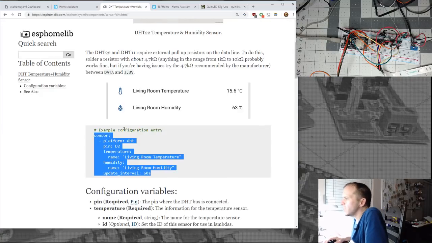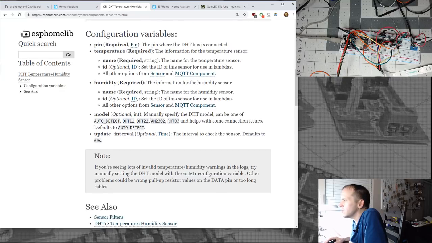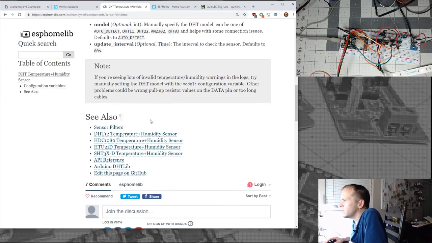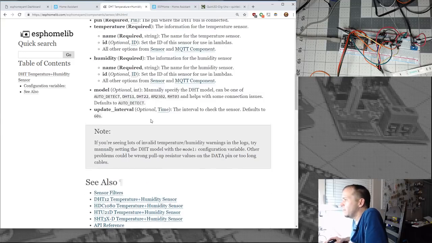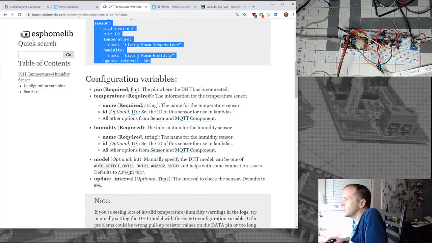So I wonder what other settings they have. They just had update interval, temperature, record information, name. You had name, ID, all their options for the sensor. From the sensor docs, if you're seeing a lot of invalids, try manually setting the model. Okay. Well, I'm totally fine with this, being able to see the temperature.